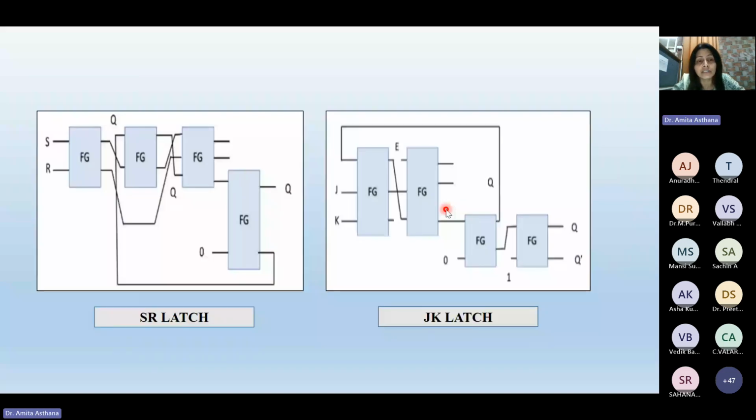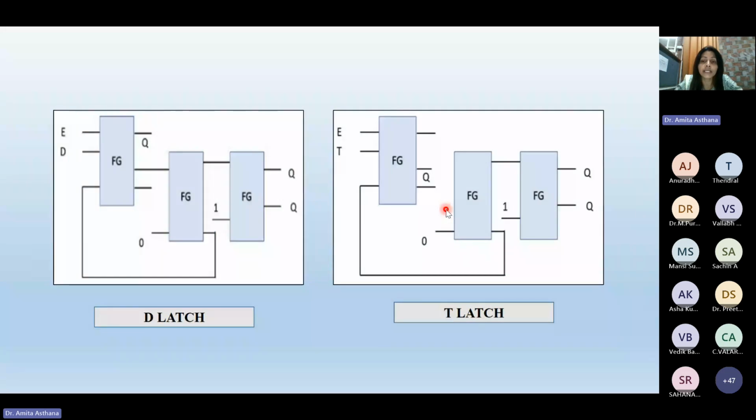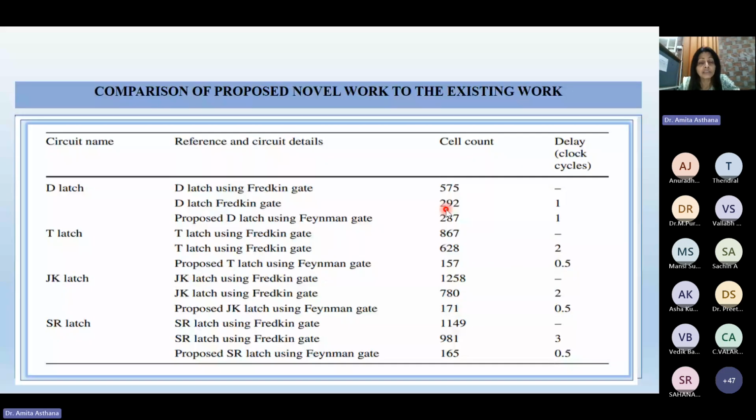So here I am giving just some idea for designing the latches using these various reversible logic gates. The SR latch using 4 Feynman gate. Here JK latch has also been presented using 4 Feynman gate. D latch I have designed only using Feynman gate, and we can compare the proposed circuit